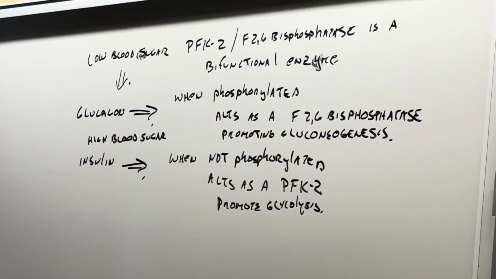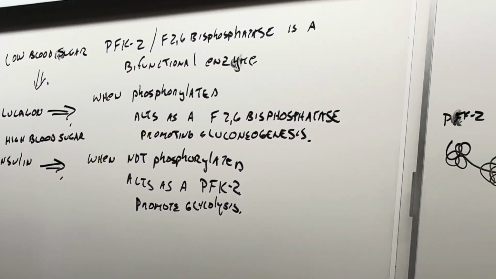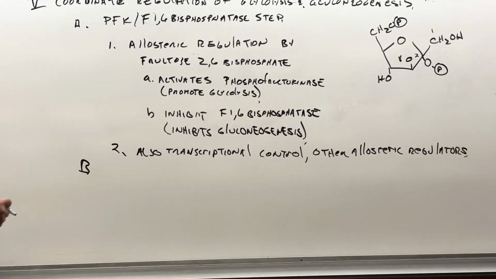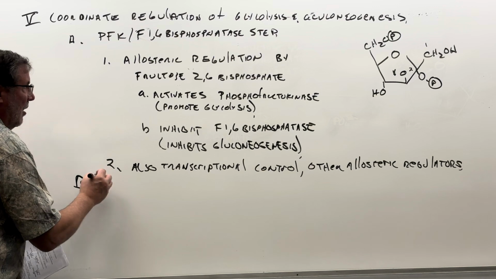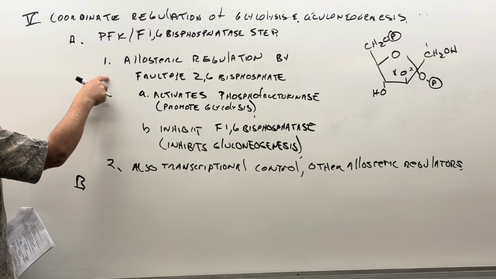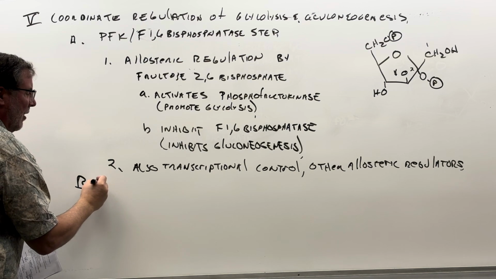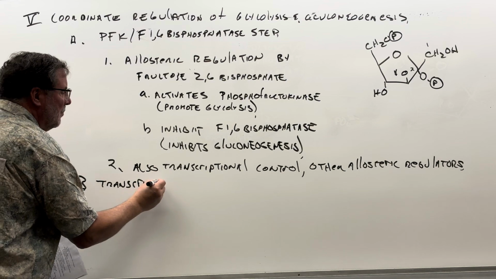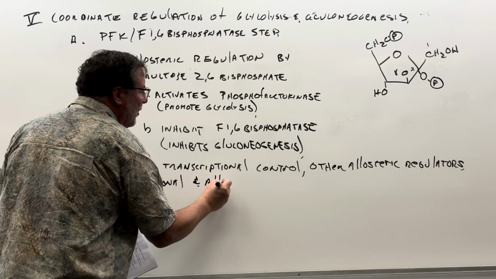And then the other thing I'm going to do, just to keep from getting into too much detail, is to also say that while you don't have this fructose 2,6-bisphosphate, you also have transcriptional and allosteric regulation